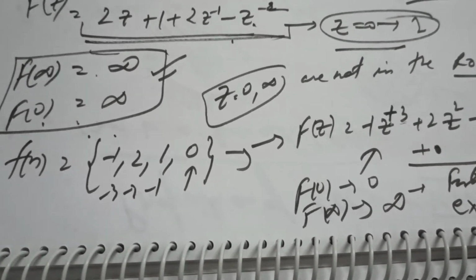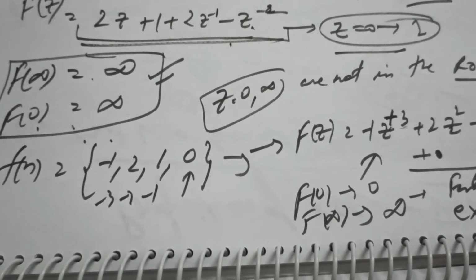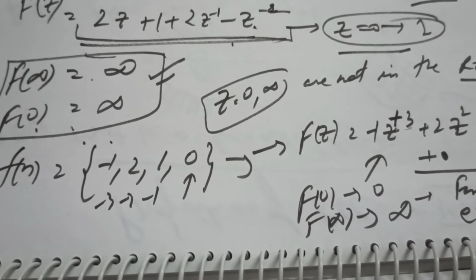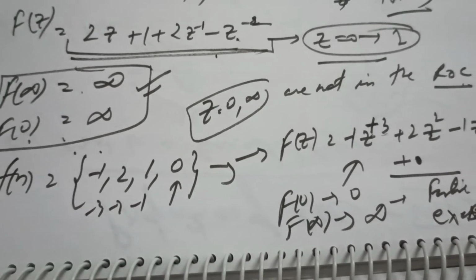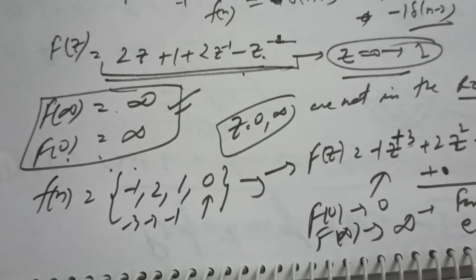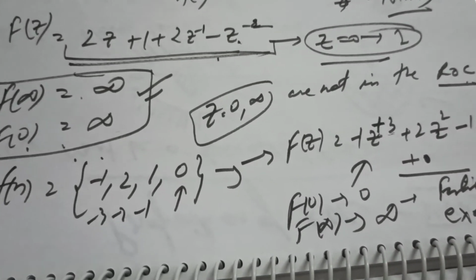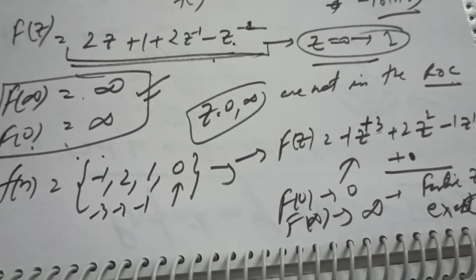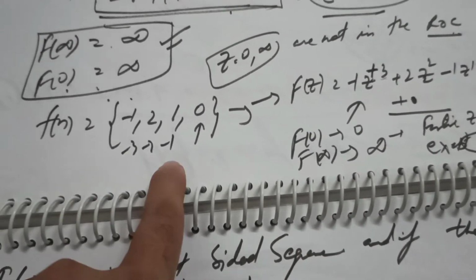So I had tried my best in verifying that F(z) is tending to infinity or 0, depending on the value of 0 and infinity. So we can say, as the expression is not converging, the ROC of this expression is the entire z plane except z equals 0 and z equals infinity. Now, we can cross-check this for this function also.